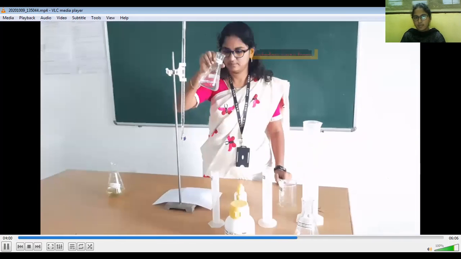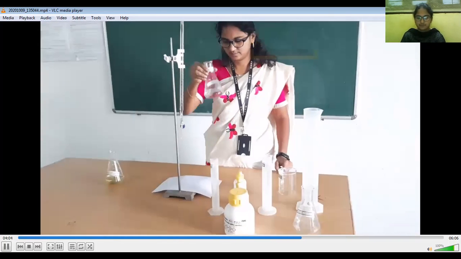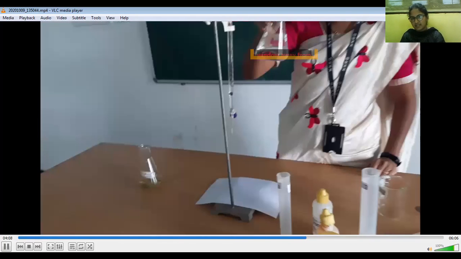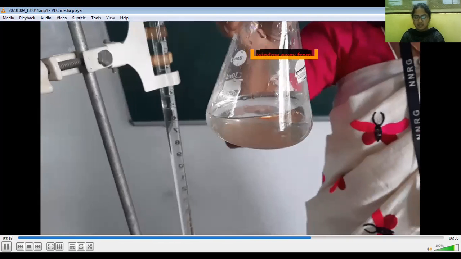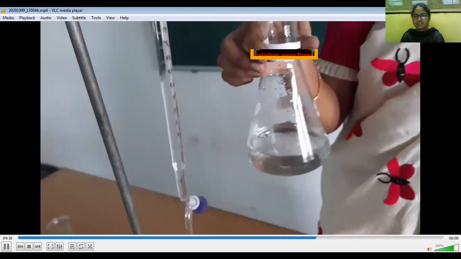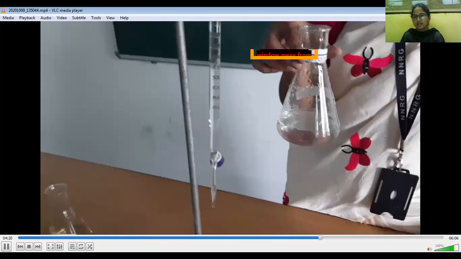If the sample remains colorless, then we shall start the titration.